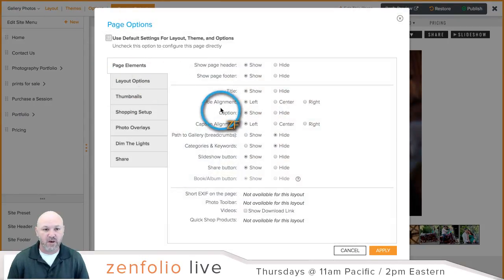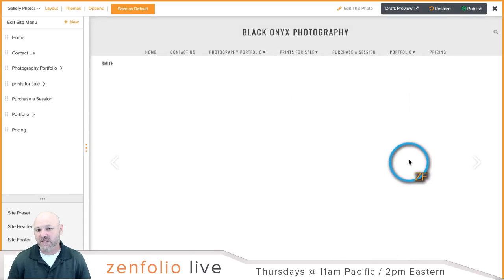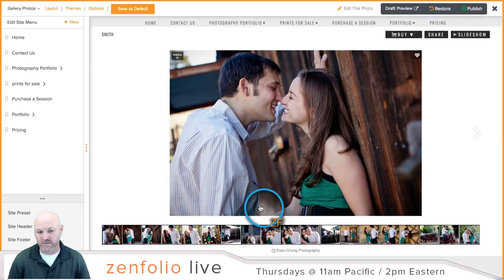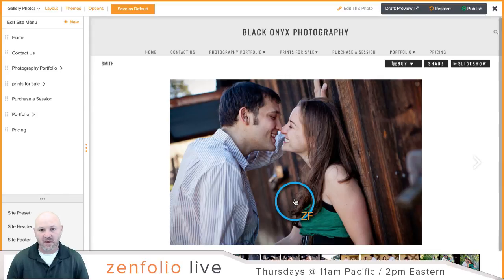So if you go to page elements right here, you can hide the title and you can hide the caption right here, and that information is not going to show up on these pages as well. So now it removes that information down there. If those two don't do the trick for you,